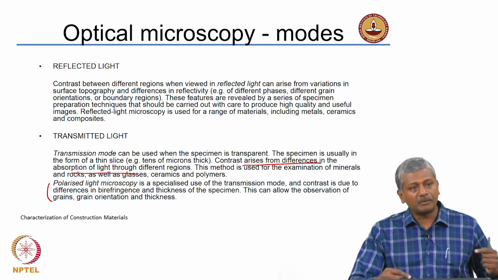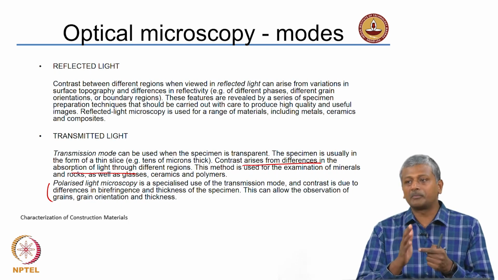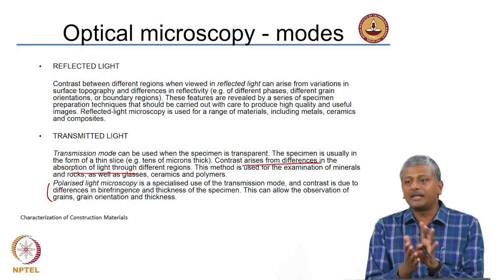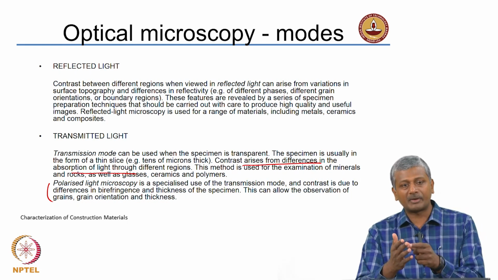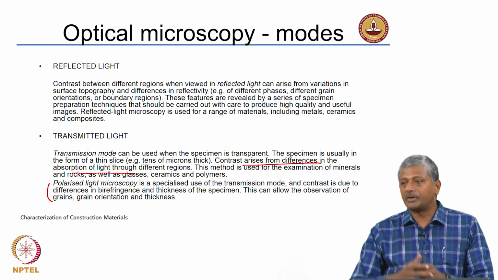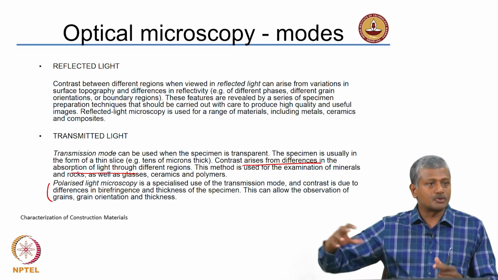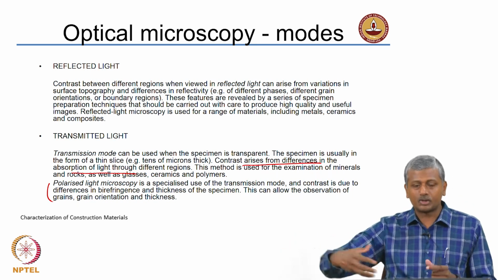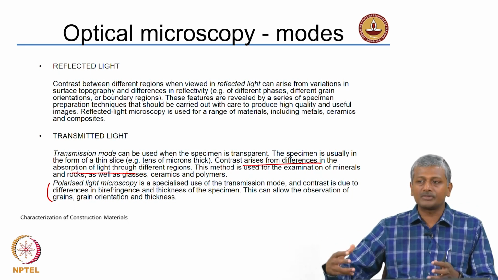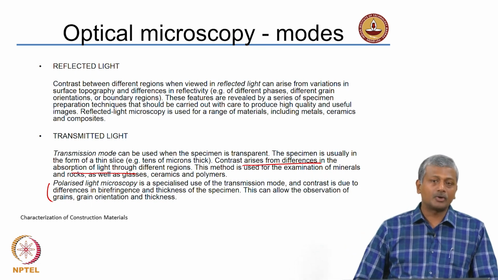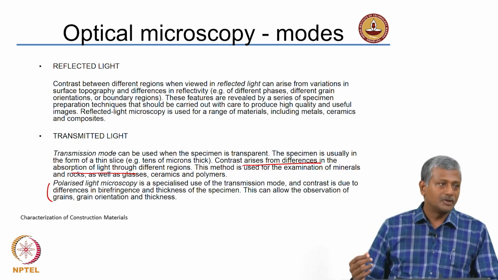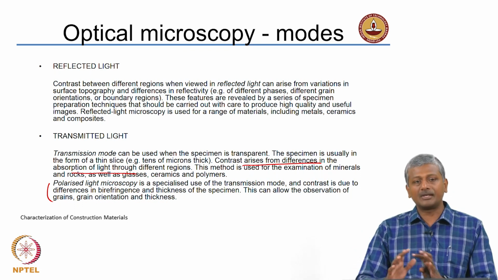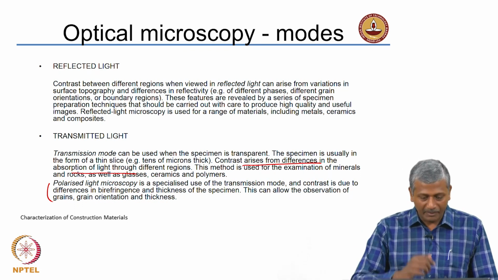But when the light passes through anisotropic materials, you may actually get the splitting of this single direction of vibration into two components. And then with the use of another polarizer, I will show you later the working diagram of this. With the use of another polarizer, which is also called the analyzer, you can actually cut off specific wavelengths and then observe the features differently. I will come back to that in just a minute.